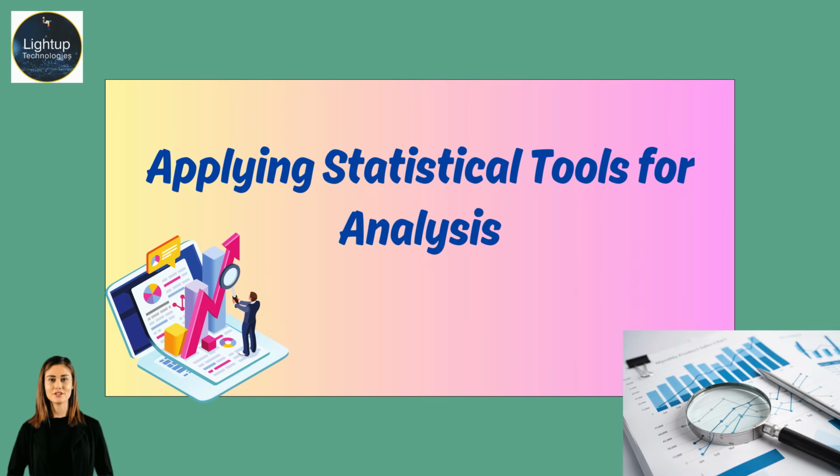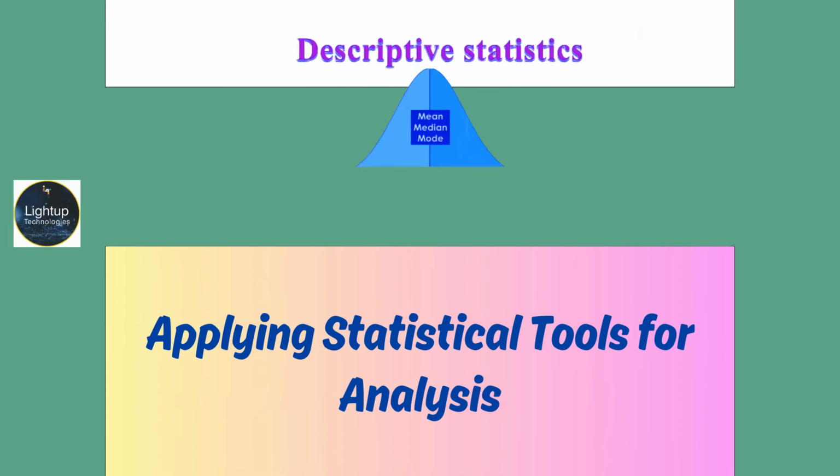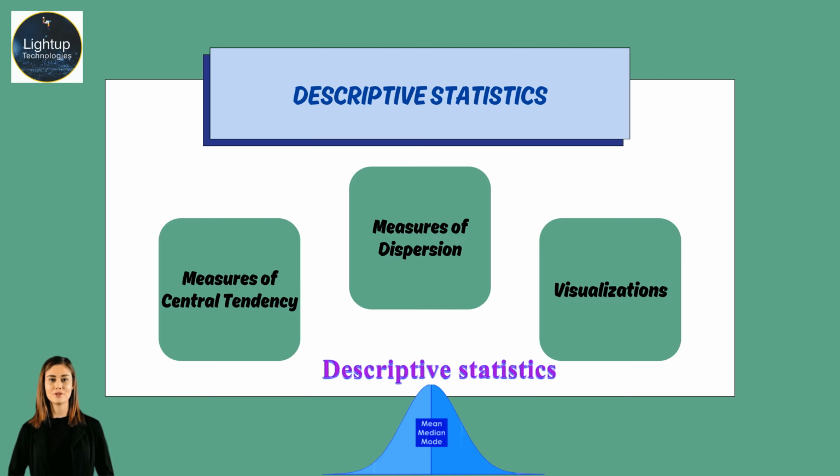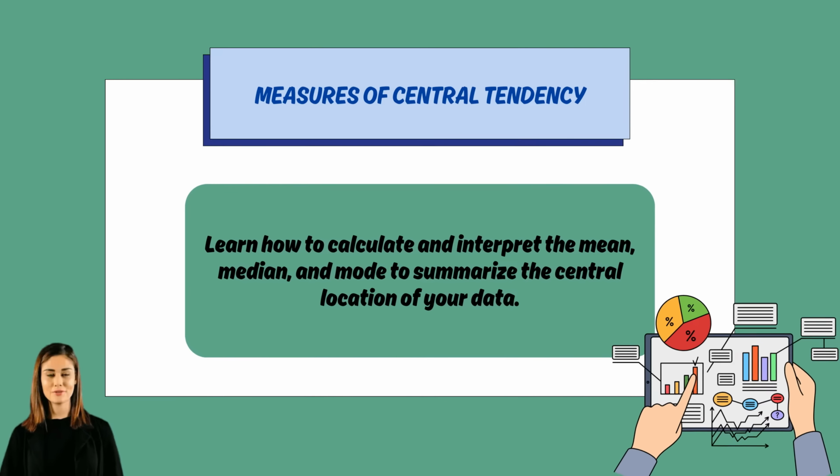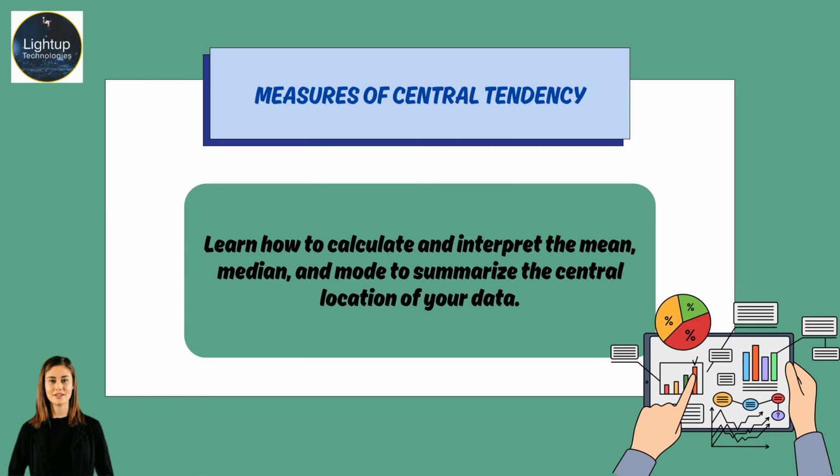Applying statistical tools for analysis. Descriptive statistics. In descriptive statistics, there are three types. Measures of central tendency. Learn how to calculate and interpret the mean, median, and mode to summarize the central location